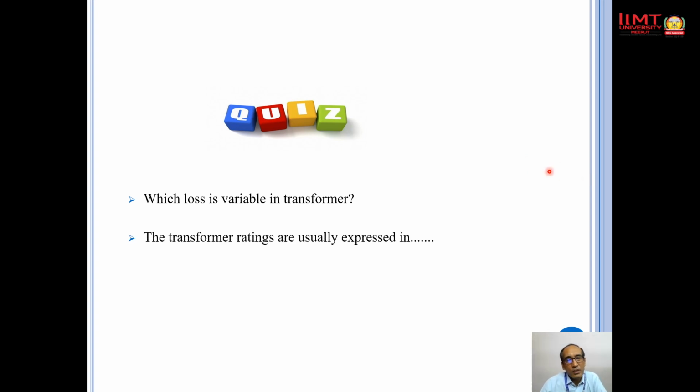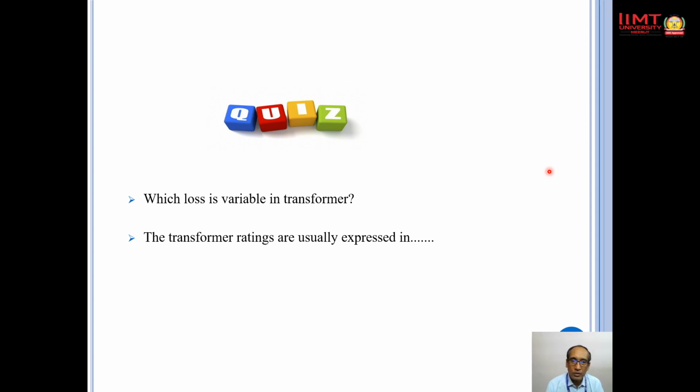Second question: transformer ratings are usually expressed in what? We generally express transformer rating in volt ampere or kilovolt ampere. For mega power systems we use MVA, mega volt ampere. Instead of kilowatt we use volt ampere or kilovolt ampere, because a transformer basically depends upon iron losses